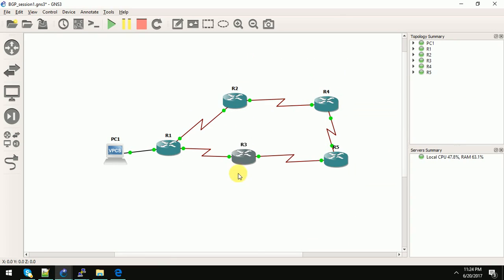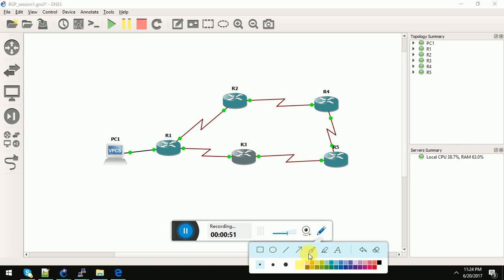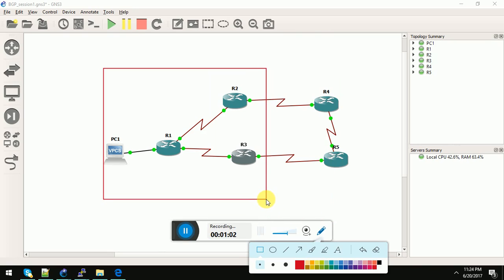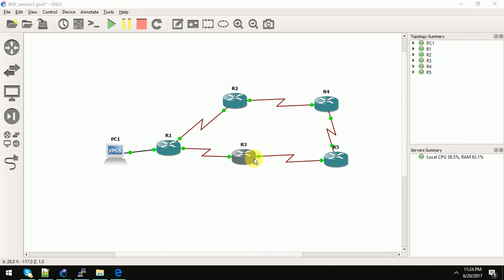This is the topology we have taken for our BGP session establishment, and here this is one autonomous system, and these two routers belong to another autonomous system. So the configurations I made are